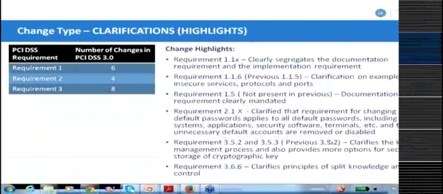So one change is common to most of the requirements of the standard in 3.0. The Council has visibly segregated the documentation related checks and the implementation